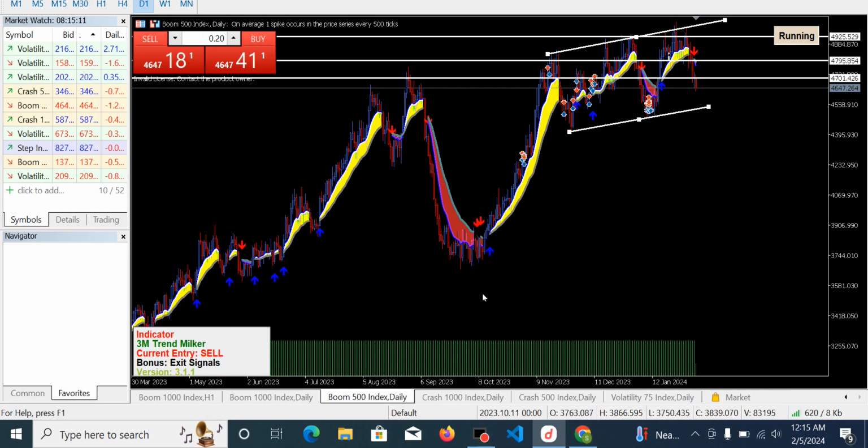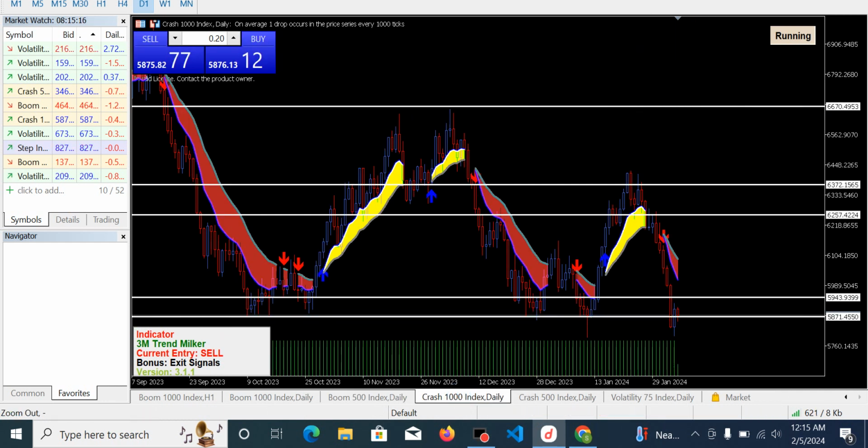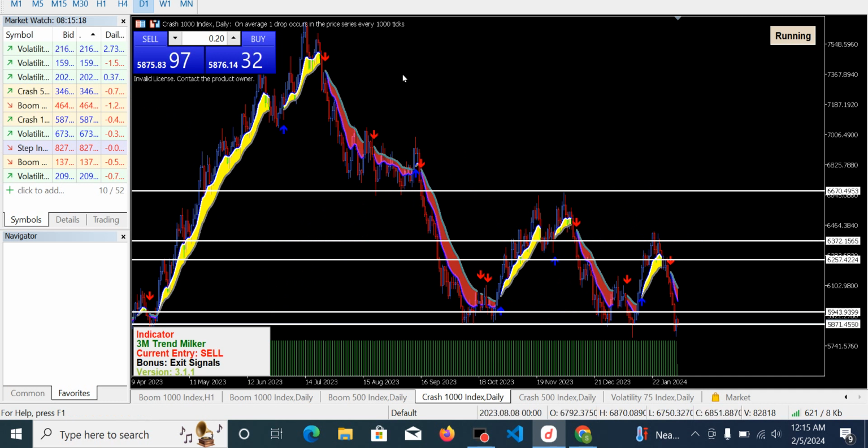Okay, so we should also take note of that. Remember, I'm using the daily time frame to do my analysis right here. So this is Crash 1000, and of course this had been on a downtrend for a very long time, got to this support zone, and was unable to break out from there. It had a major pullback, but had a stop at this resistance zone, which led to a sell again, and of course it was unable to break out below this support zone, so it had another pullback around there, and right here again it also had another sell, and it is still selling at the moment.